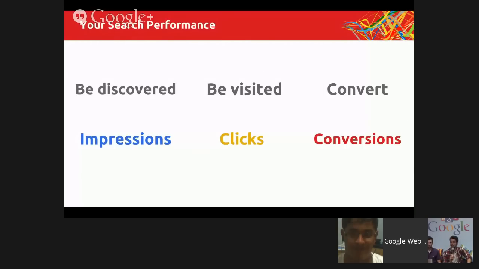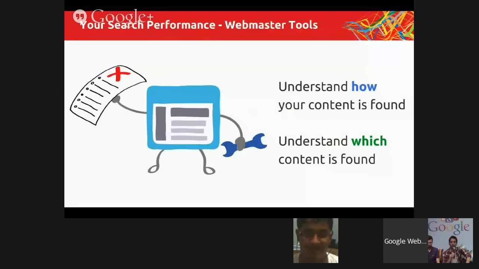We are not going to go too much into conversions here, because you have an amazing tool which is called Google Analytics, or other analytical tools that can help you measure your insight conversions. And also because over the next sessions we are going to focus a lot on the user experience and the user interface, and on mobile. So how to help you with conversions will be further explored, and there's other tools. So we're going to be focusing on impressions and clicks, and for that we are going to be demoing your go-to tool, which is Google Webmaster Tools.